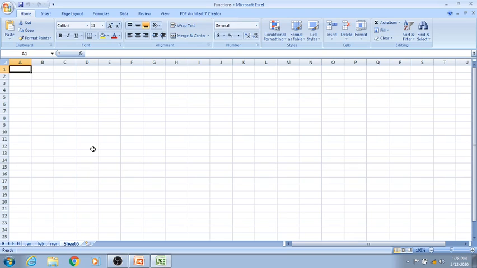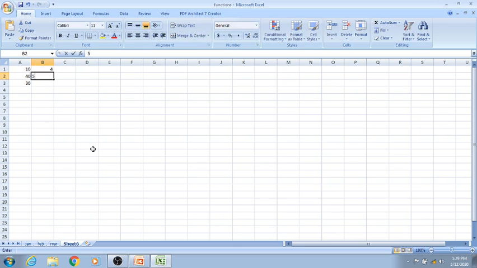Okay, now how to enter a formula. The most important thing which I missed in the slides, I should tell you, is that whenever you have to enter a formula, you have to use an equal to sign. If you do not use the equal to sign, nothing will be calculated. Just see here. Suppose I have entered some values here, like 10, 13, 3.